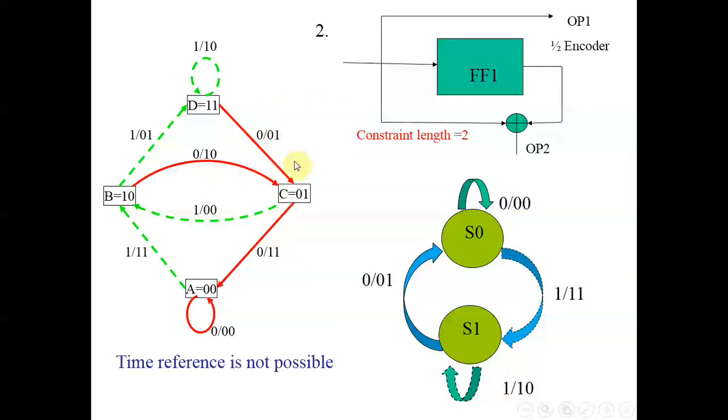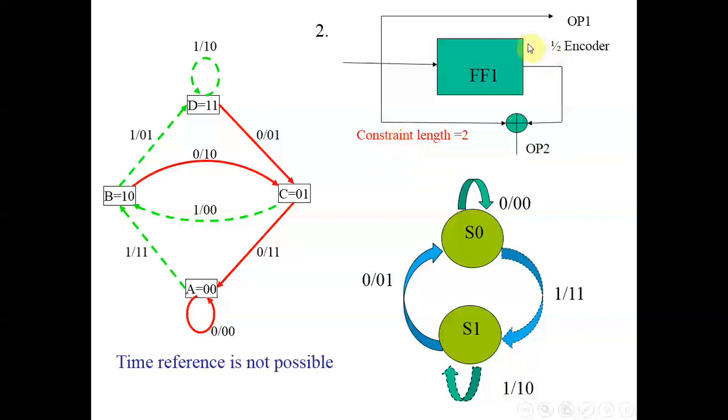So let's again verify another state diagram once I change the encoder. Let's change the encoder just for the sake of practice. So this is also a convolutional encoder. This is also 1/2 encoder because you are applying one input at a time, and for one input you are getting two different outputs. We will again see what is the constraint length.